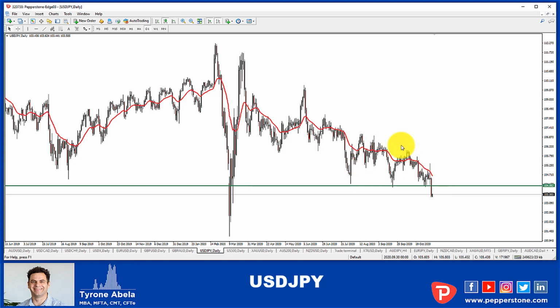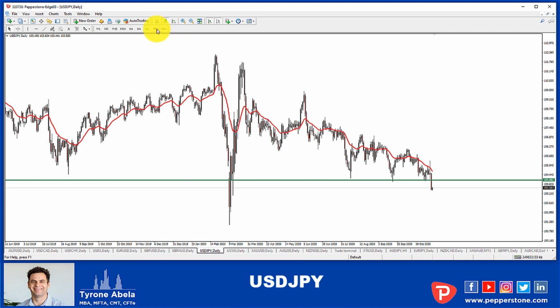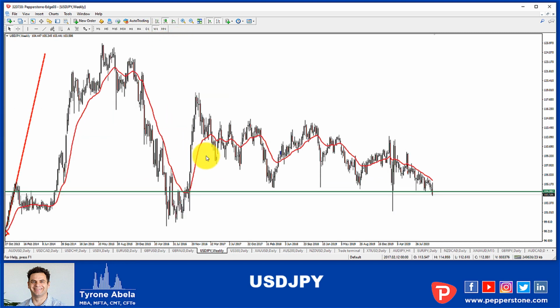This has provided shorting opportunities basically right through every time it touched a 20 for quite some time now. But the thing with this one is you have to go out a fair while to actually see where the next support level is. And if it does maintain this candle and holds below here on the weekly, which it may well do, if it doesn't have a rebound tonight, it's going to do that.